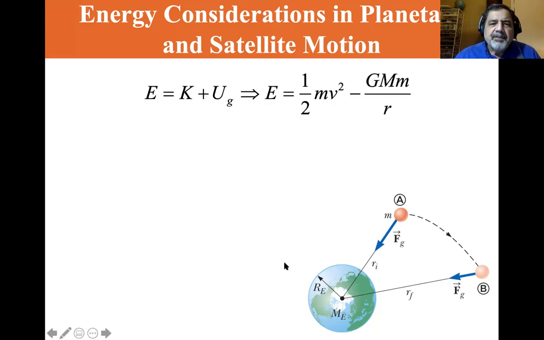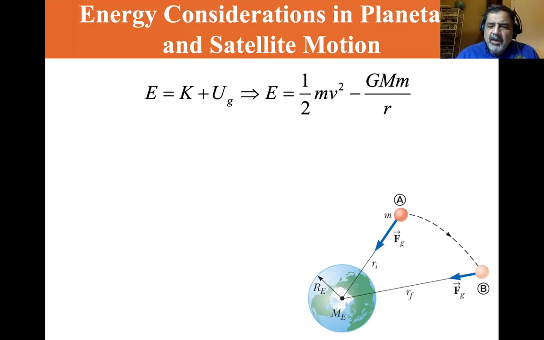So we see here that the total energy is equal to kinetic energy plus gravitational potential energy. So E is equal to 1/2 mv squared minus GMm over R. Remember, GMm over R, not R squared. We're not talking about the force. We're talking about the gravitational potential energy. We saw that in the last section. The gravitational potential energy is minus GMm